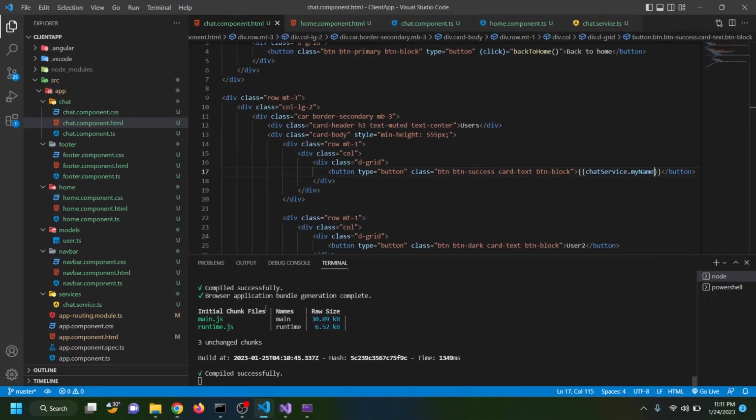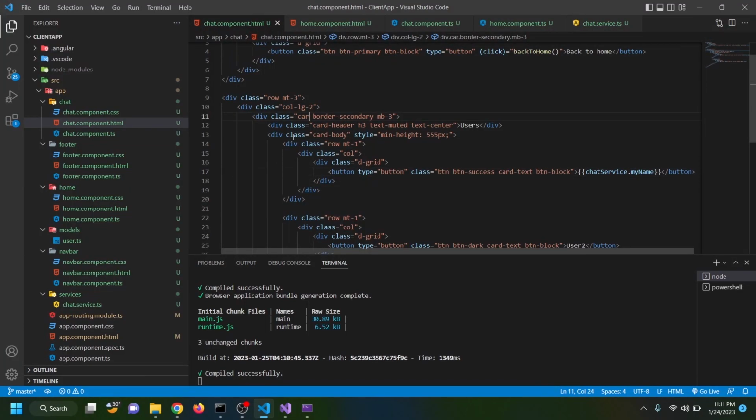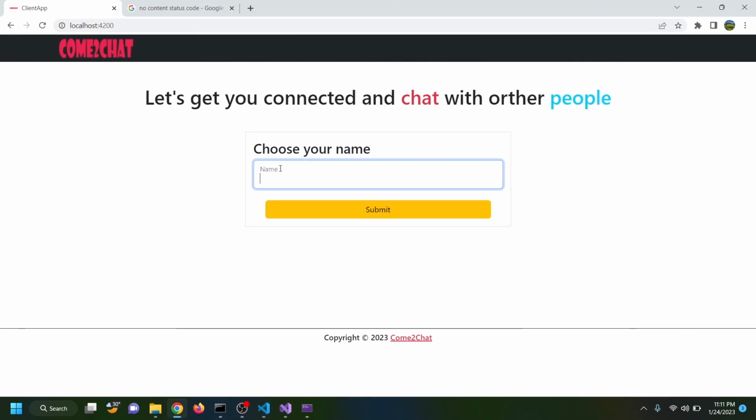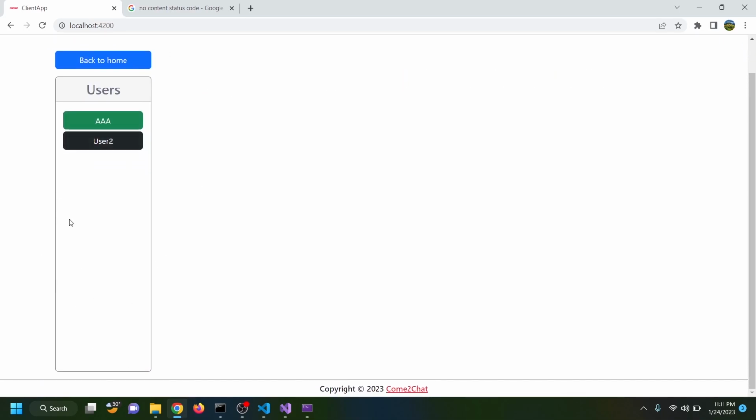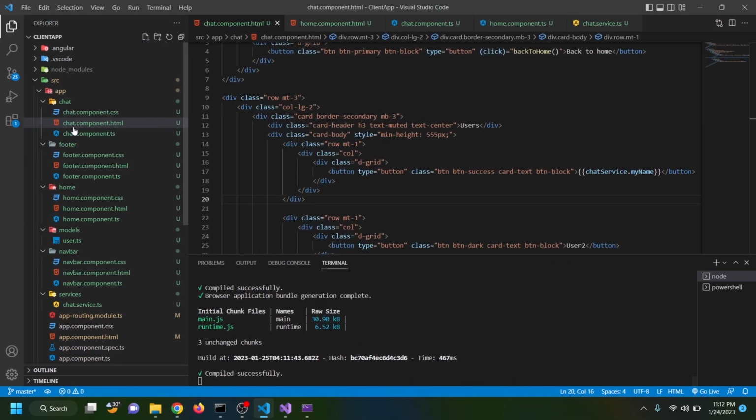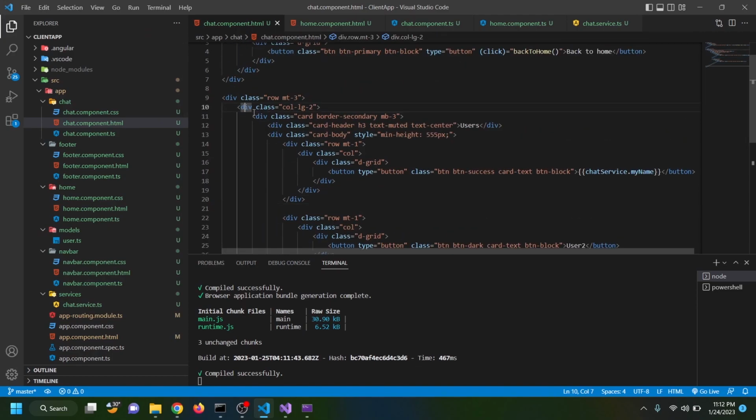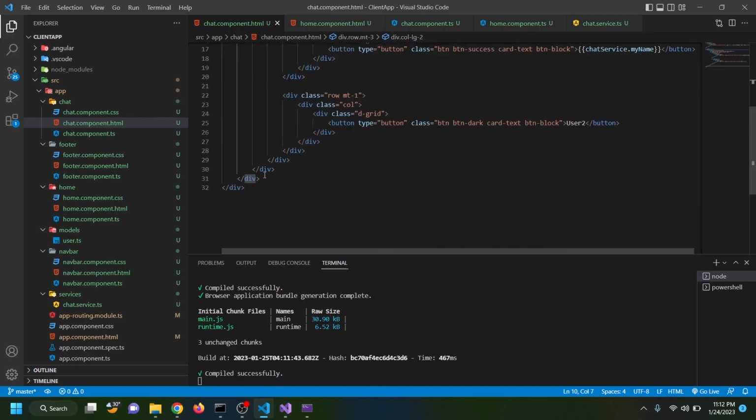So this should be a card. I can see a typo in here. So inside chat.component.html, this is card. And if I save and if I type a new name, for example AAA, I can see this is inside a border. And then I head back to my chat.component, and after this closing div, after col-lg-2, so after this I put enter, and I'm going to have div dot